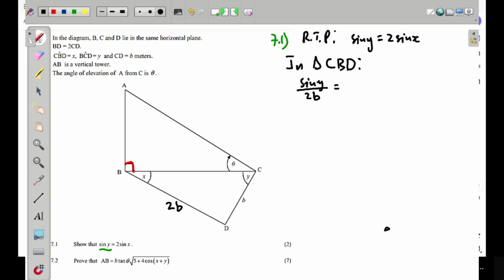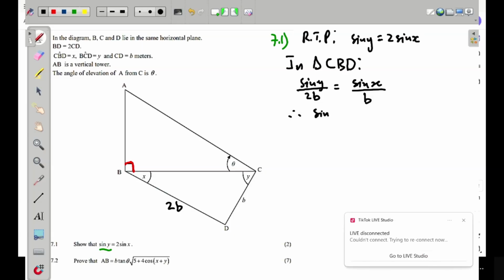And then sine x, because I do need sine x, this will be over b. Just like that, we are in the money. Watch this. I multiply by 2b both sides. And then